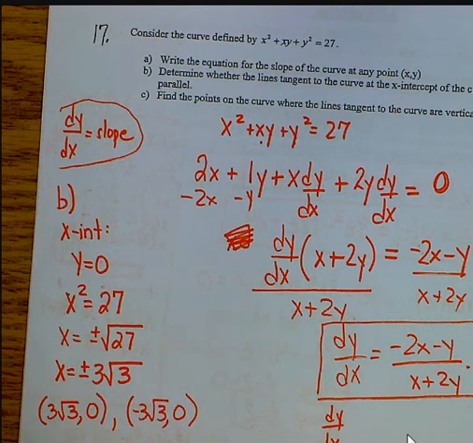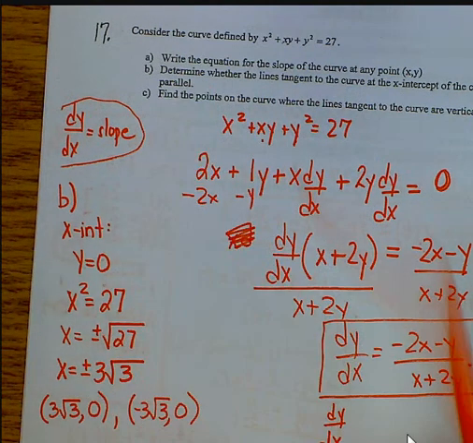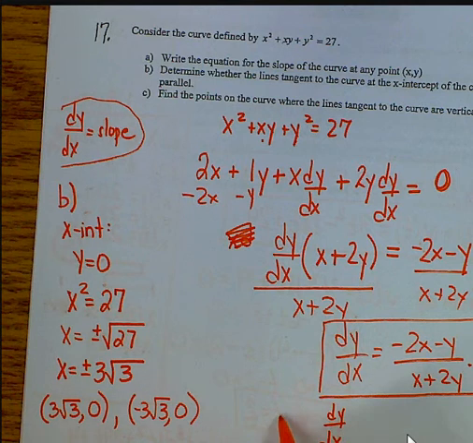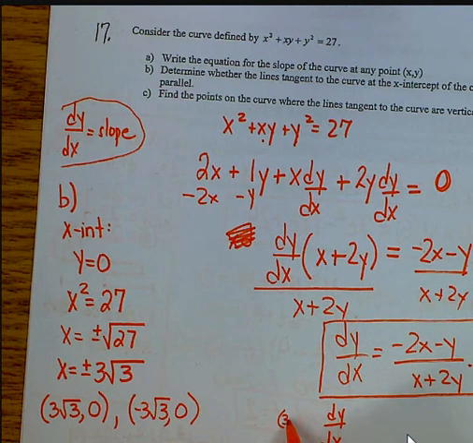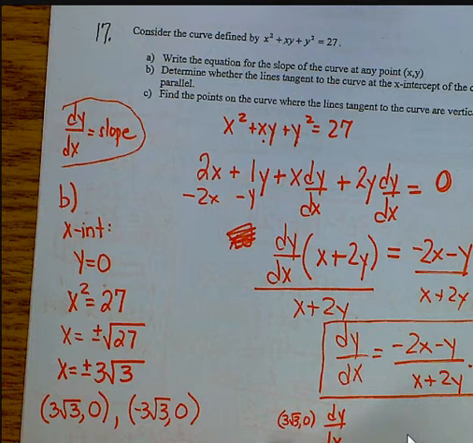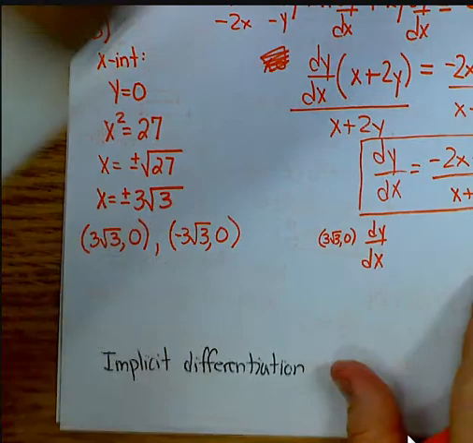The same. And all we're trying to do is determine... So I'm going to find the slope, and I probably should put this in there, 3 square roots of 3, comma 0. So that's what I'm going to do first. Let me raise this up. All right, so now let's